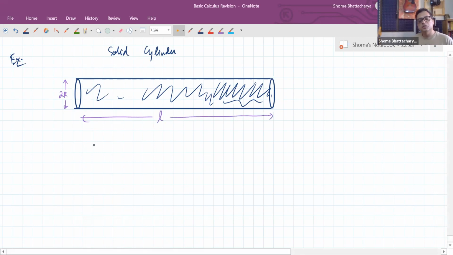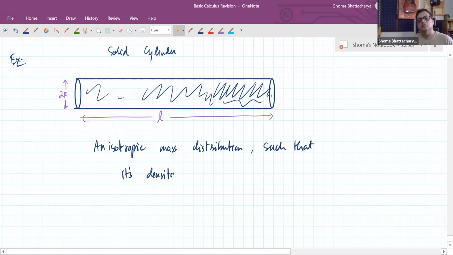But it is anisotropic. That means it is not uniformly dense. It has an anisotropic mass distribution such that its density is a function of x, such that